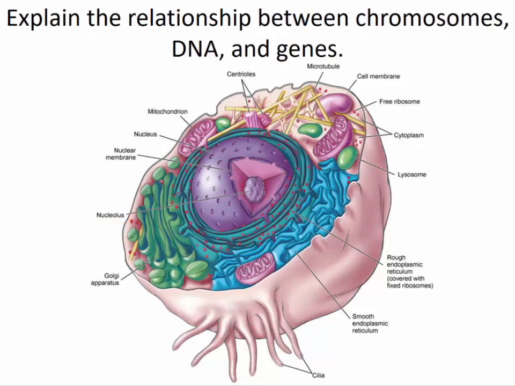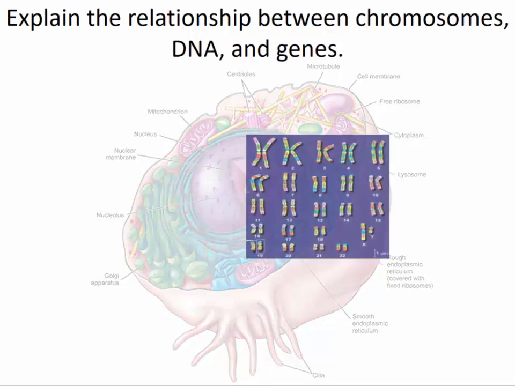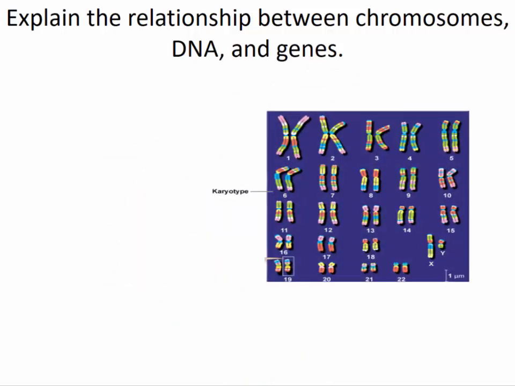So now we want to explain the relationship between chromosomes, DNA, and genes, because they're all interrelated, very similar to each other, but they do have different definitions. When the cell is not dividing, DNA and protein found within the nucleus form loose, bumpy threads that we call chromatin. That chromatin is spread and scattered throughout the nucleus. However, during cell division, the chromatin collects and condenses to form chromosomes. If we were to zoom in on the nucleus during that condensed time, we would see the chromosomes like this.